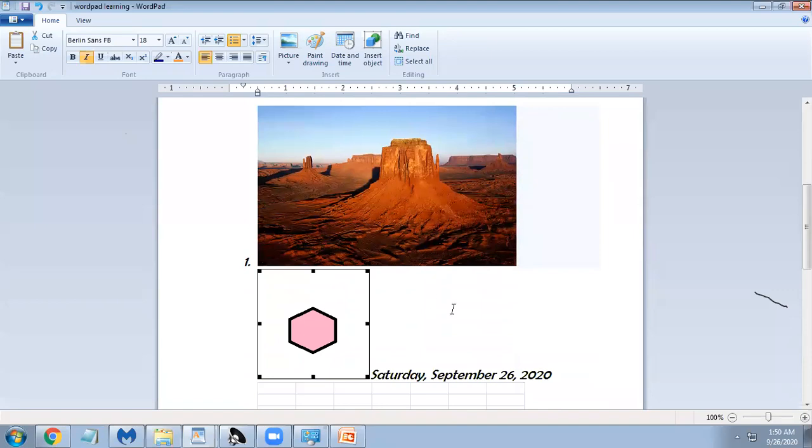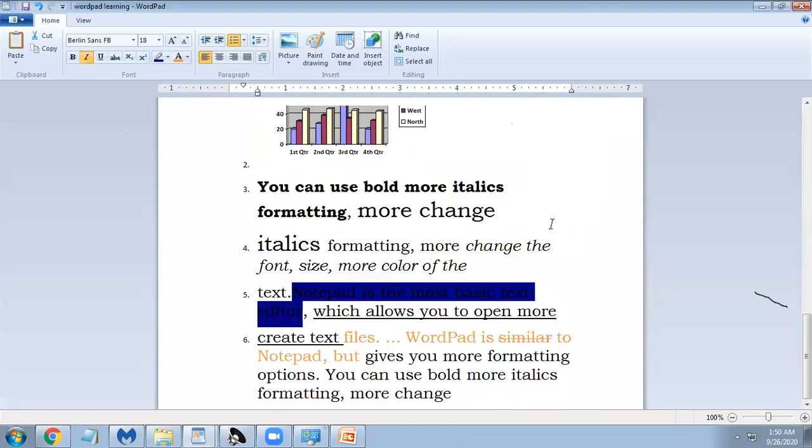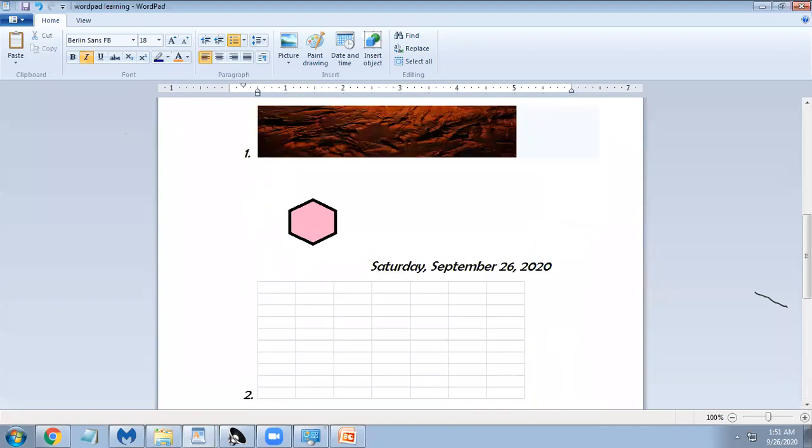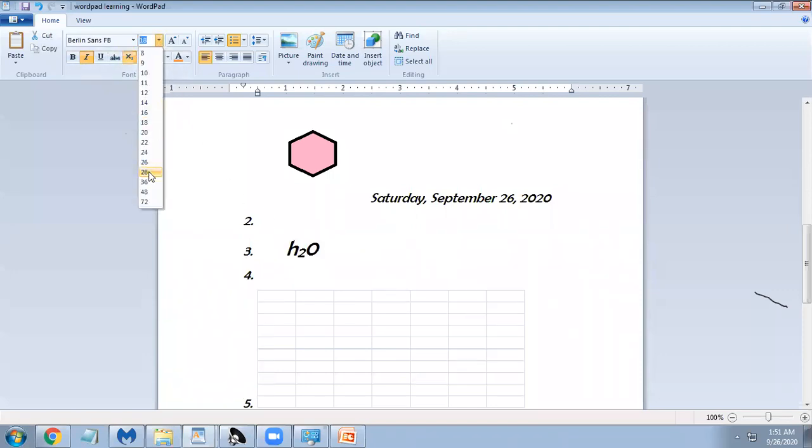I will show one thing here to you. If I write a formula here like H2O, but I want to give the 2 downwards, I have one option here. I just select that and give it like this. So H2O is appearing here. I will make it larger and show. So you people can see how to write the H2O formula.